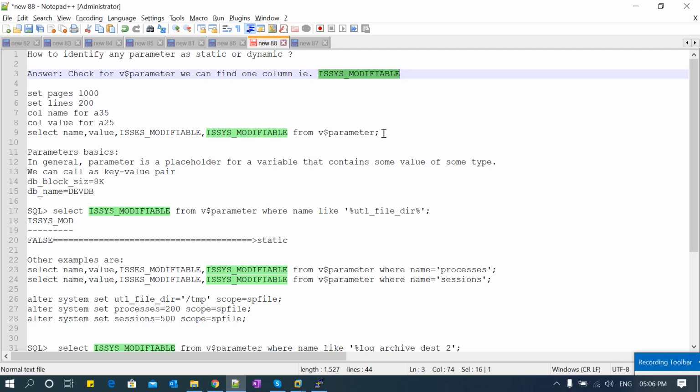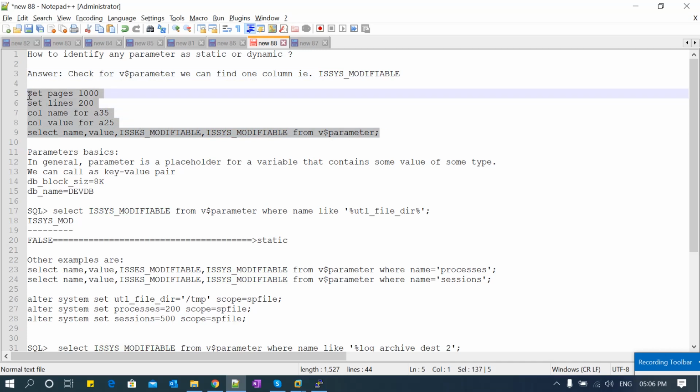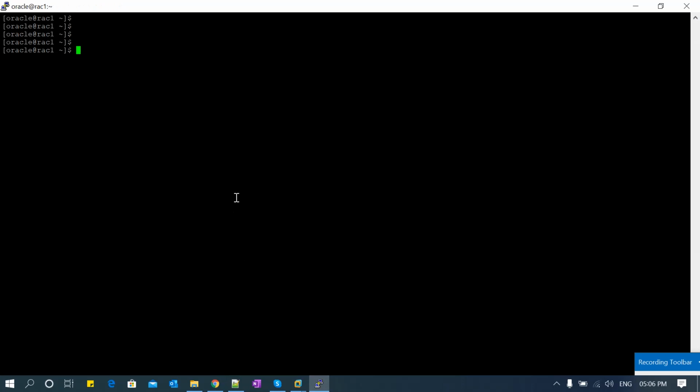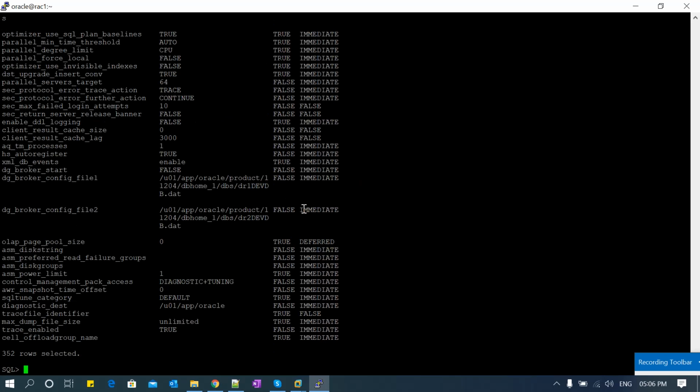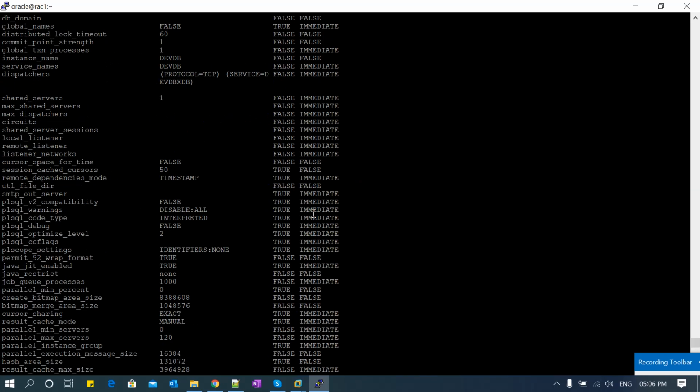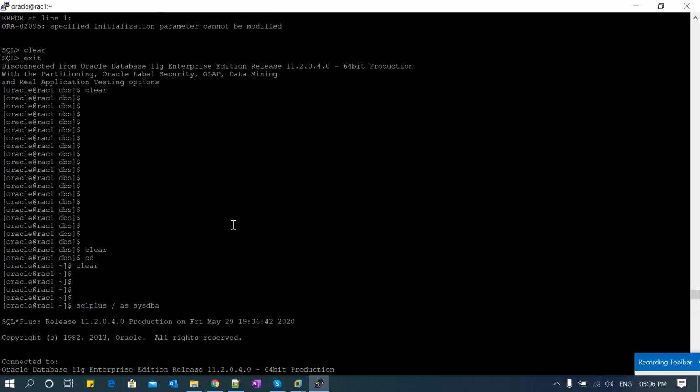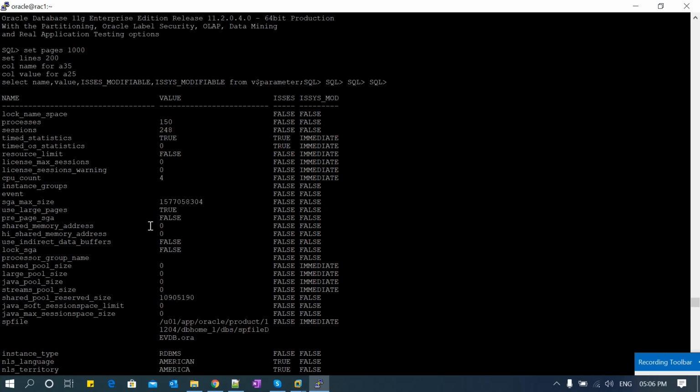I'll quickly run this command and show that there are so many parameters in the database. You can take a look at all of those. I'm logging in to the database and running that command. Here you go. There are so many, depending on your database configuration settings.